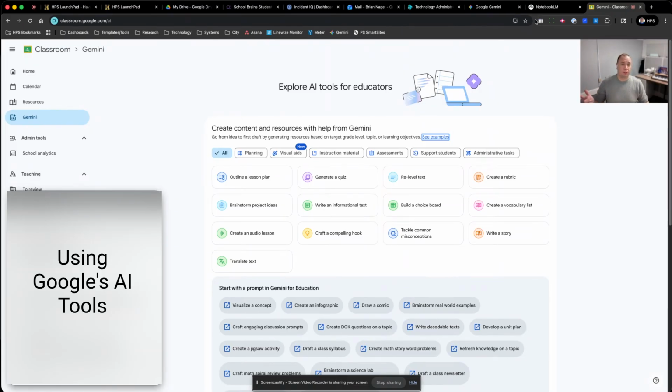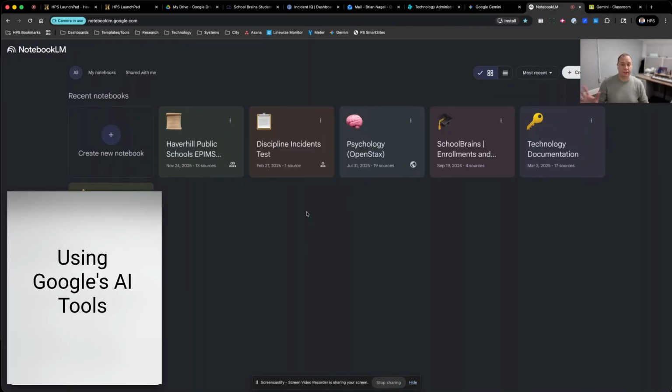In December, we took a look at NotebookLM and just this idea of, hey, can we use AI for our own resources instead of it being an open-ended internet thing that is just wide open? We can actually curate content, we can feed it content and have the AI tools work with us around our own focused resources.